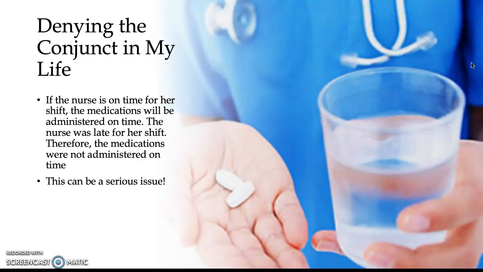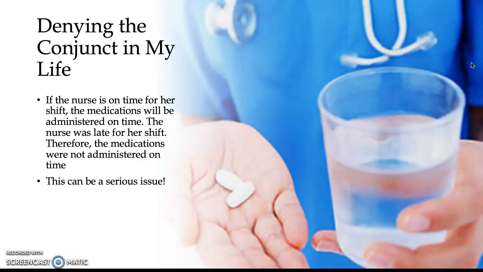So kind of putting this into perspective, it seems silly using these one-letter sentences, like complex sentences, but it really helps break down serious issues like this. So time could be T, medications M. So if T, then M, but not T, so not M. So since I was late to work, none of my people got their medications on time, and now I'm in a lot of trouble. So that's kind of just applying it to the real world